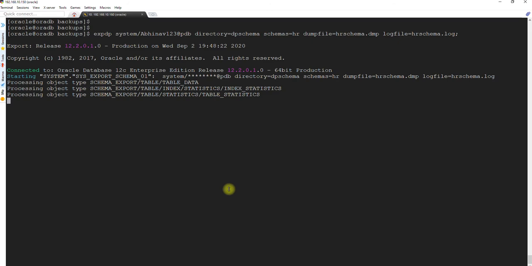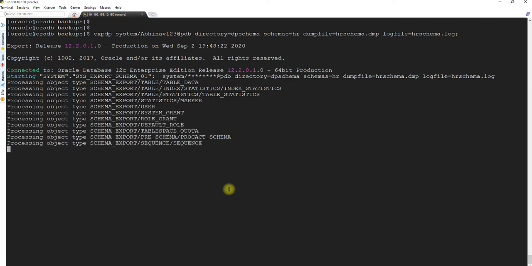So it is taking everything from that particular schema, different objects, tablespaces, objects. Objects means indexes or views or tables, whatever it is. Everything it will take, including the users. In a real environment, this will be useful when you are migrating a specific schema.